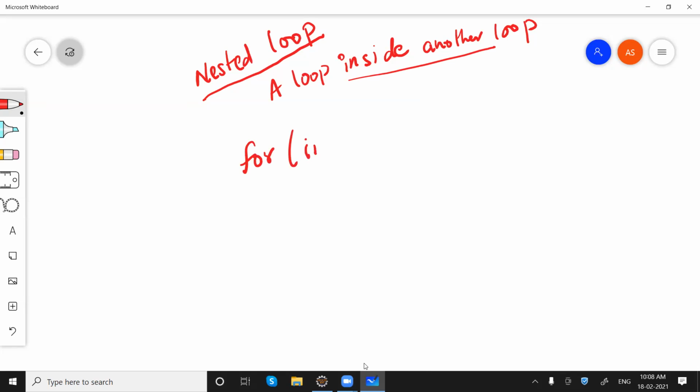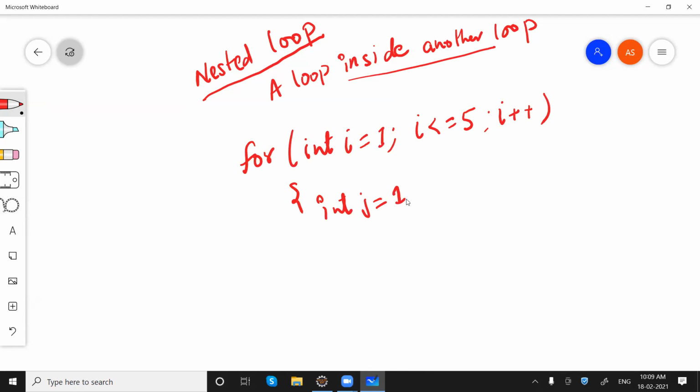For int i = 1; i <= 5; i++. Then I am taking int j = i, or let me just take it 1 for now. Then I am saying j <= 3, j++.